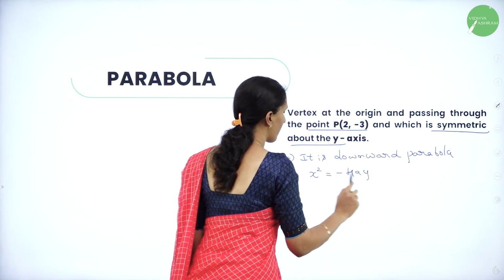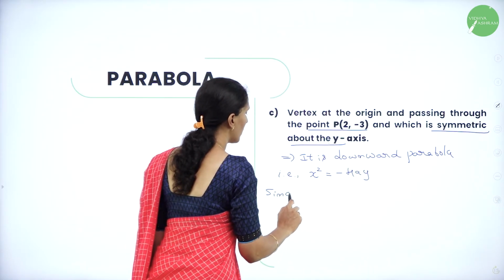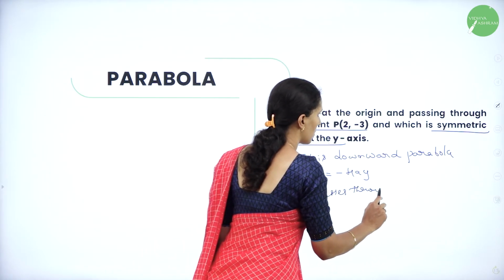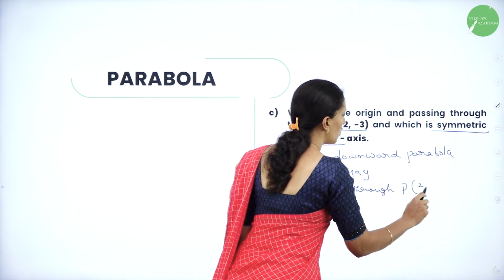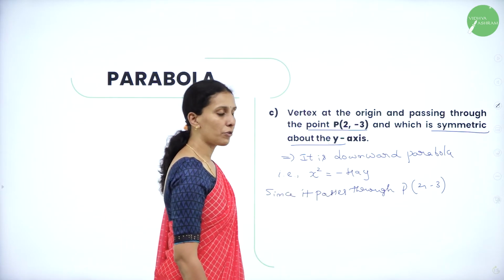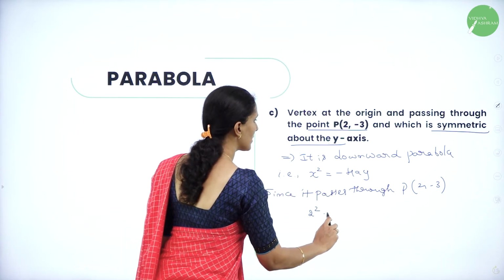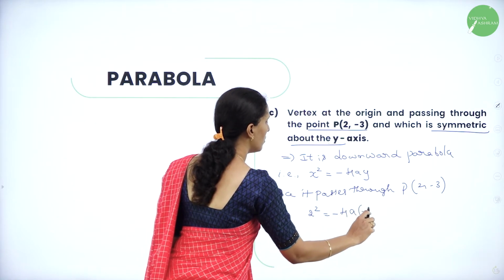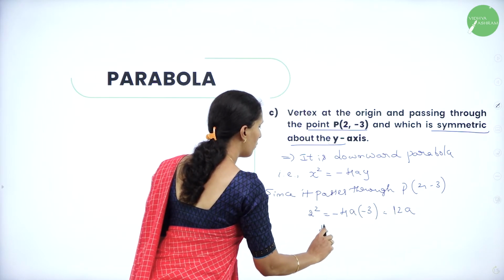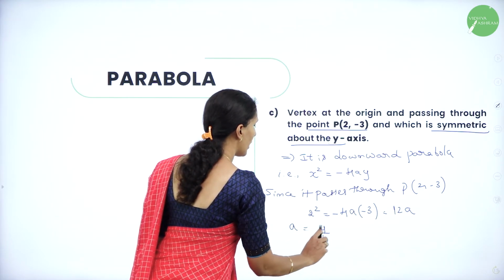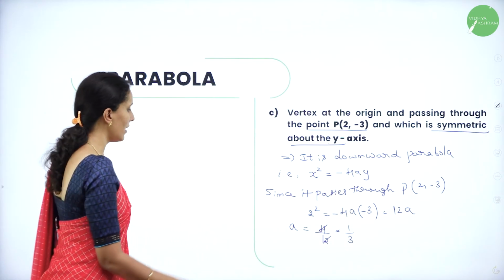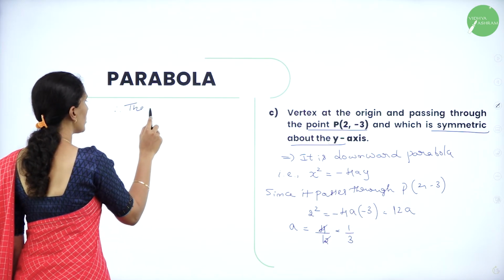Now since it passes through P(2, -3), what can I write here? So x square is equal to minus 4ay means 2 square is equal to minus 4a into minus 3, which is 12a. Or here 4 by 12 is equal to a, which is 1 by 3. Now the value of a is 1 by 3. So therefore, the required equation is